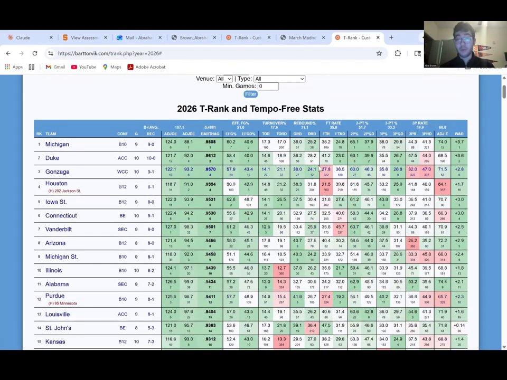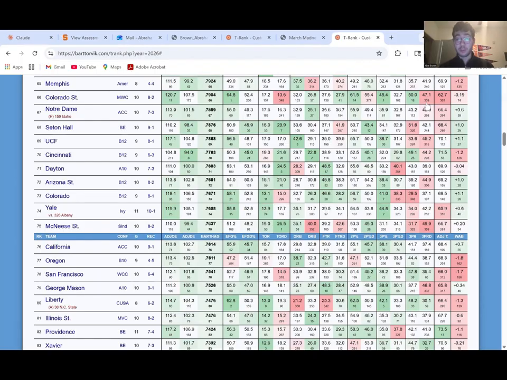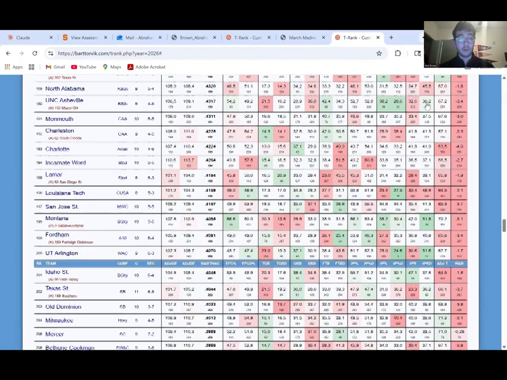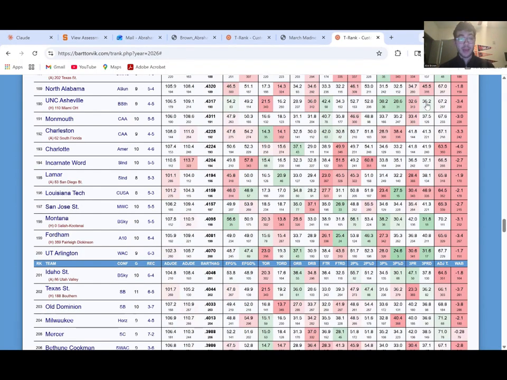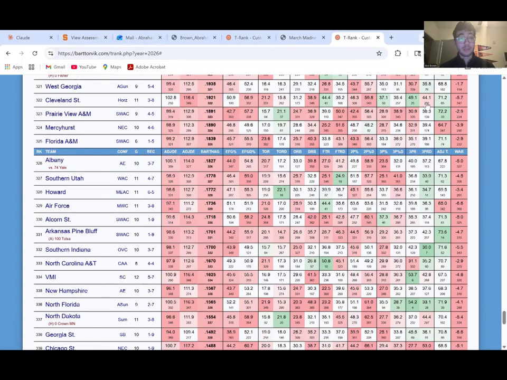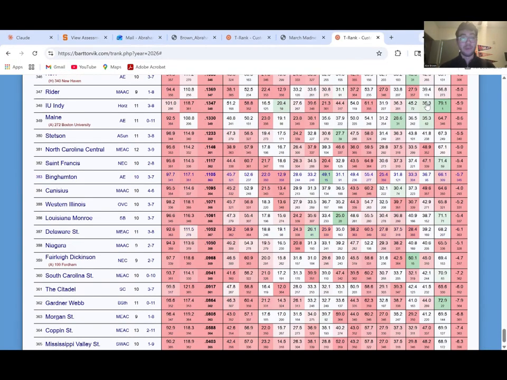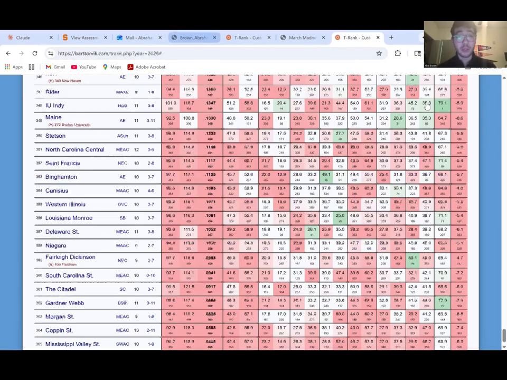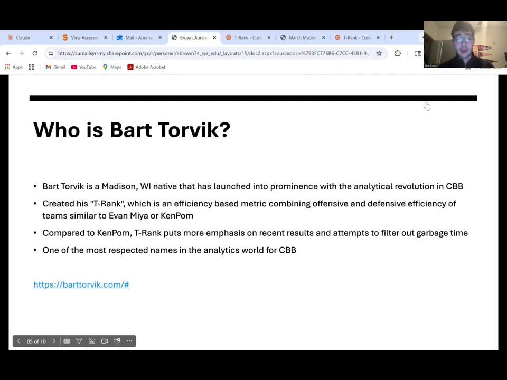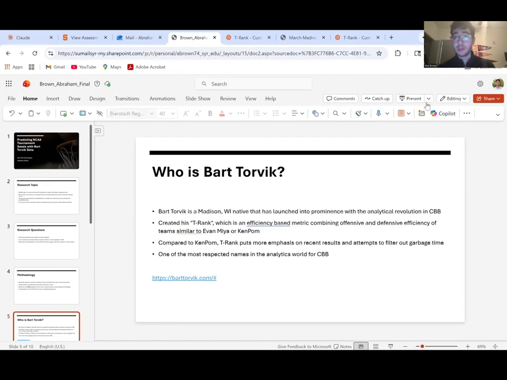You can see the green and the red. Green for obviously team is up at the top of this rank, and then red if they're down below. So if we were to scroll to the bottom, we could see a lot more red coming down here. And all the way down to the bottom, where you can see my alma mater, Binghamton, struggling so far this season. So that's a little bit about the BartTorvik data. Now we will get back to the presentation.